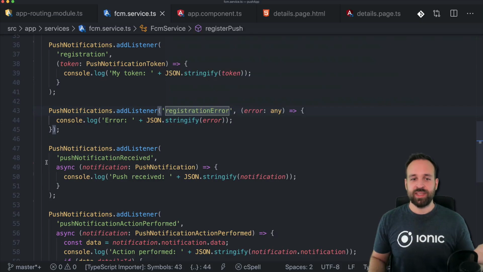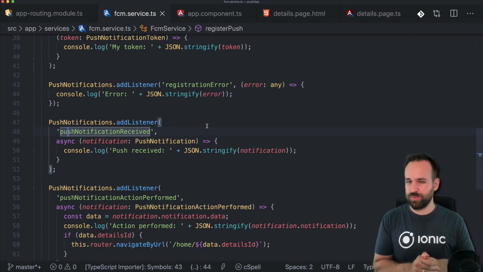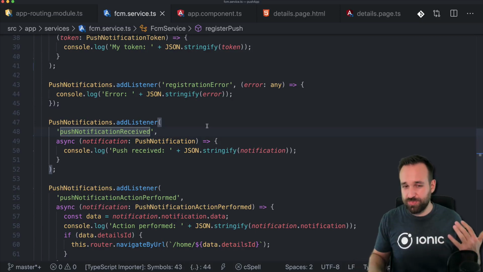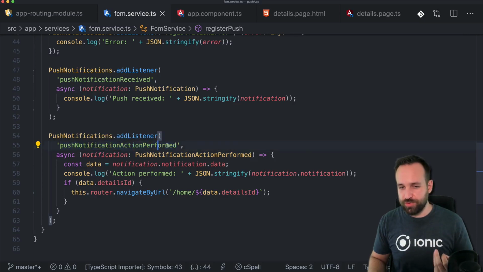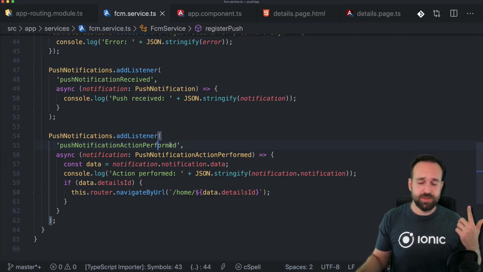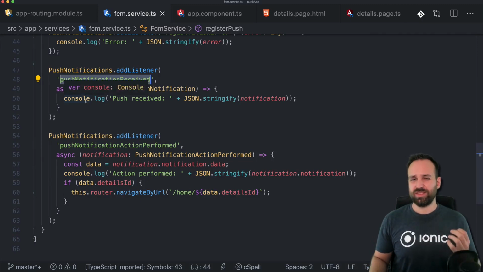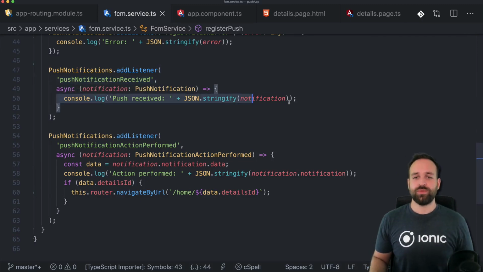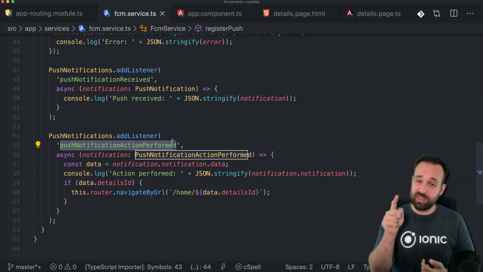Then we got push notification received. This basically always happens when you receive a push, so that's why the name is push notification received. The other important thing is push notification action performed, and this means the user has clicked on the notification in the notification center or just in the bar that comes up from top. Notification received just means the app might be in the background and has just received this notification, so there's not really a lot you can do in here. For now, we will just log it out,